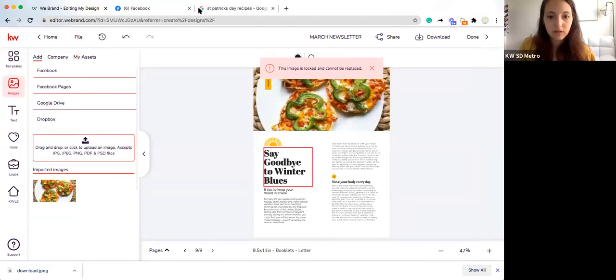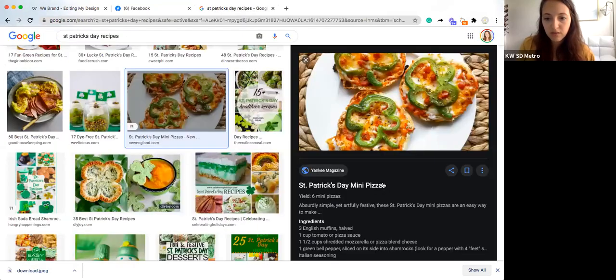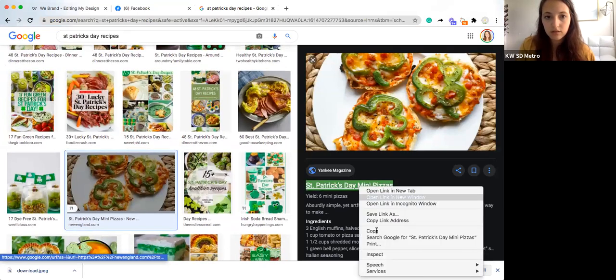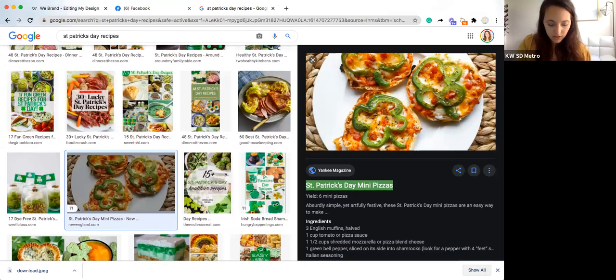And this is, what did they call it? St. Patrick's Day mini pizzas. You can literally just copy this. I'm going to change this to